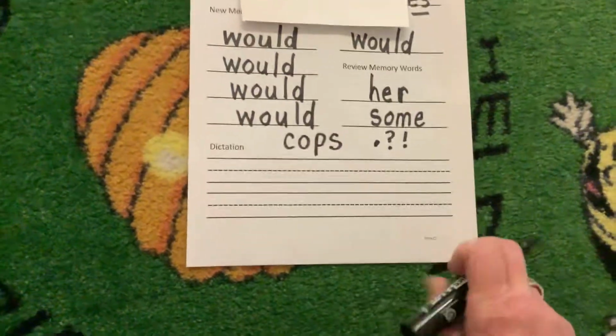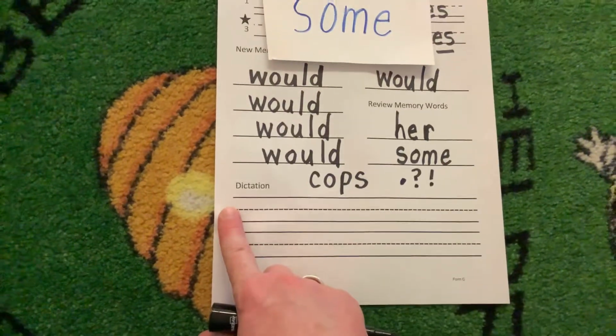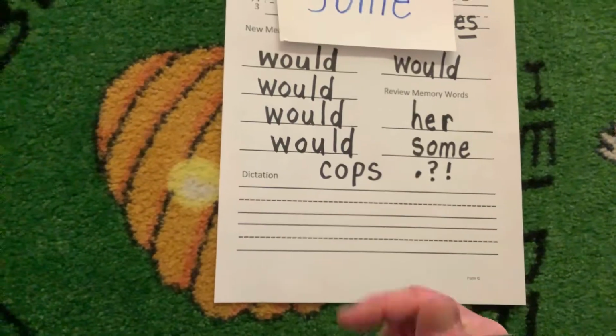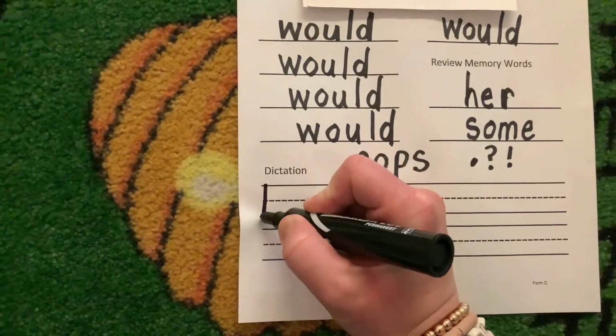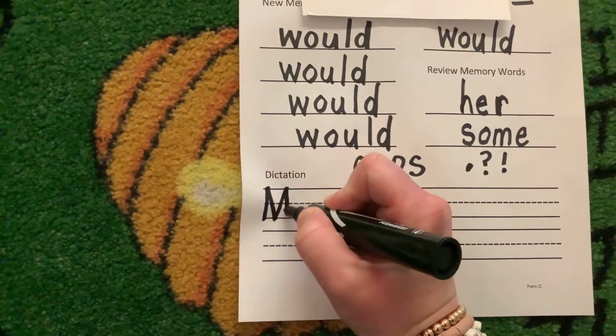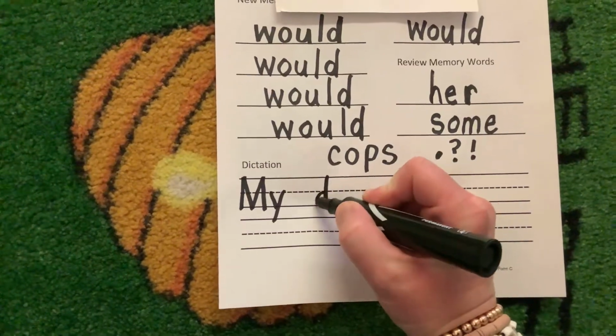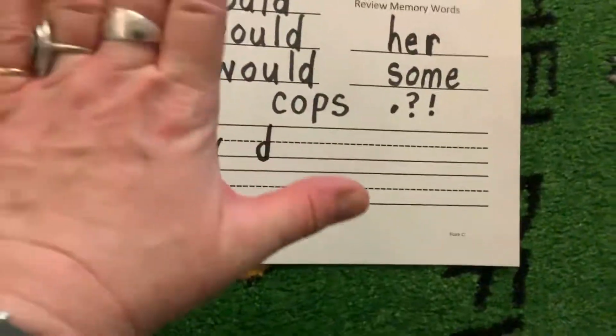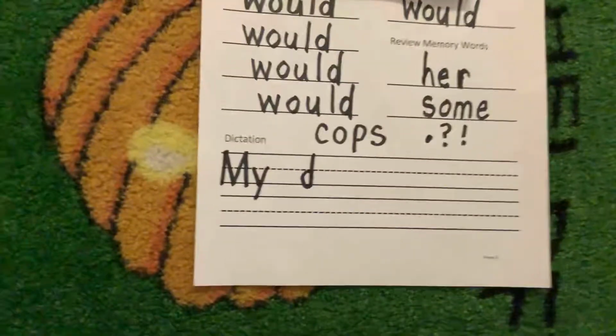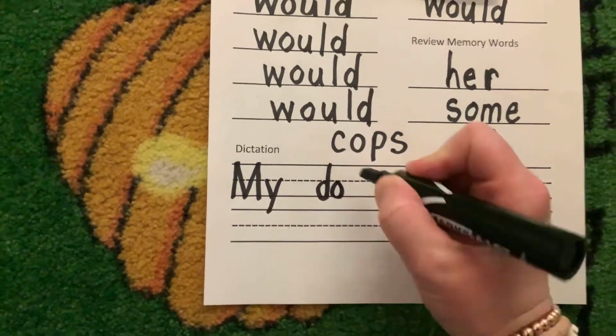Six words. We've had six words before. All right, start at the very edge. For the word my, we know we have to start our sentence with an uppercase, capital. My dog. Now, right now, everyone use your B checker. Make sure you're making a D. My dog